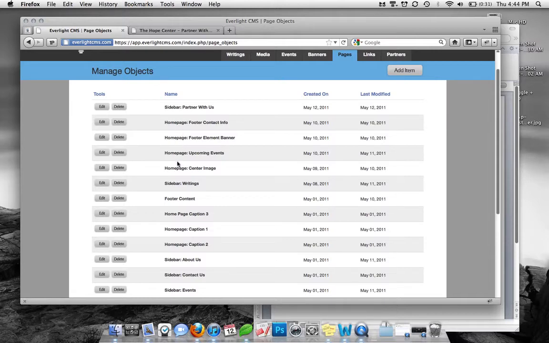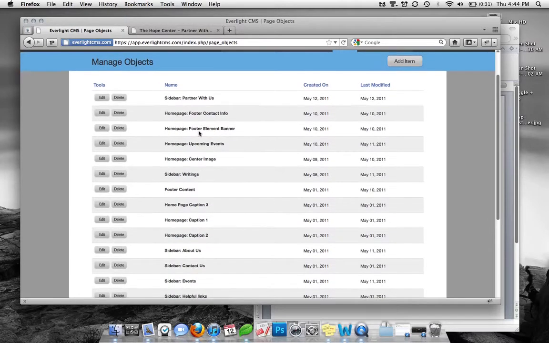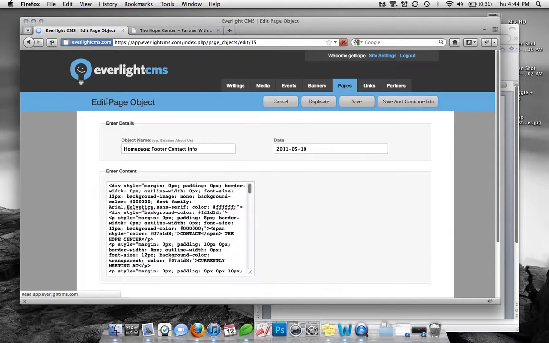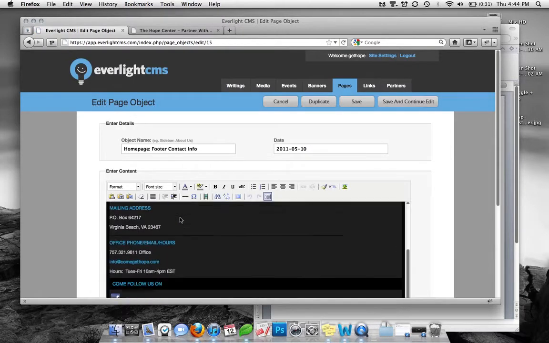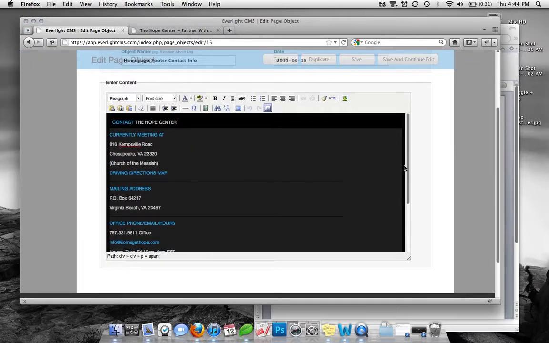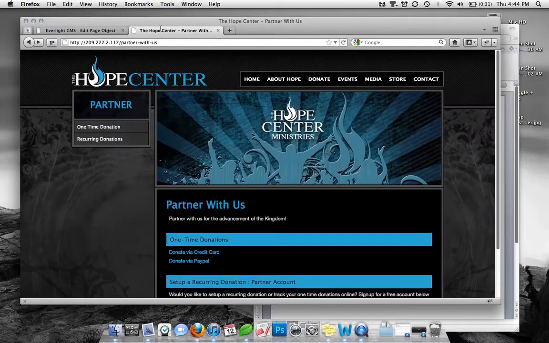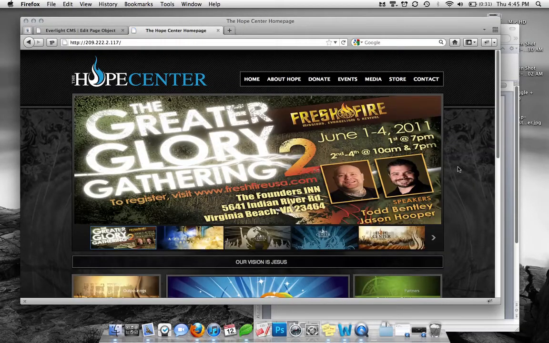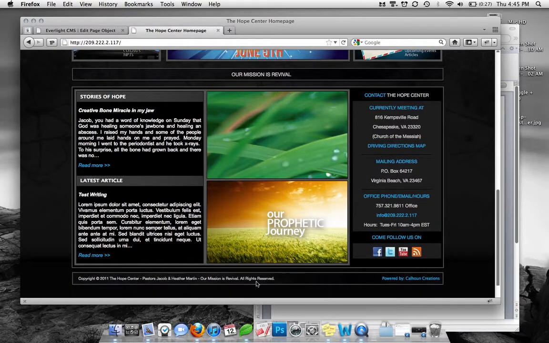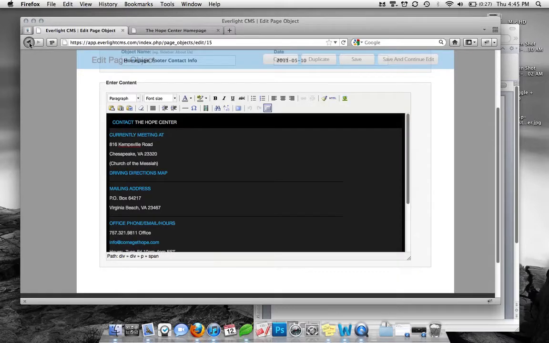We have footer. We have footer contact info. So we'll go ahead and click Edit on that. And as you can see here, which I'll scroll the page down so you can see everything, this is actually a page object of the home page of the Hope Center. And we can see that that's this section right here, so that you can easily update this section. Now we can see this is in a different section, so if you were to want to update this, we click back,